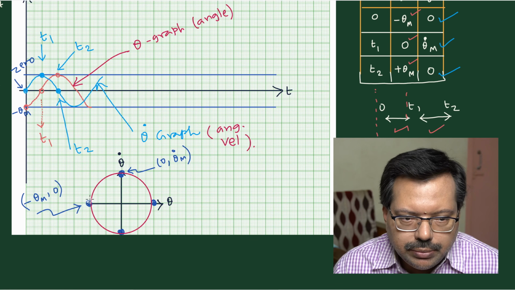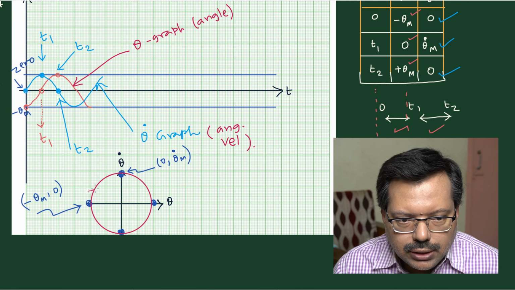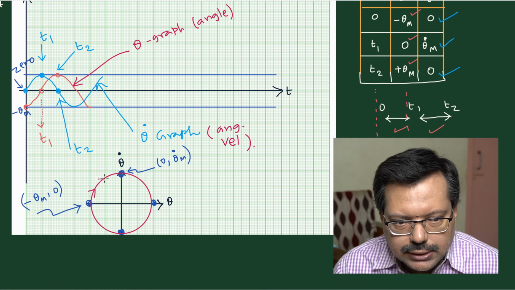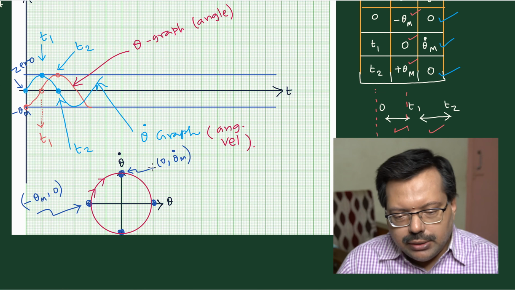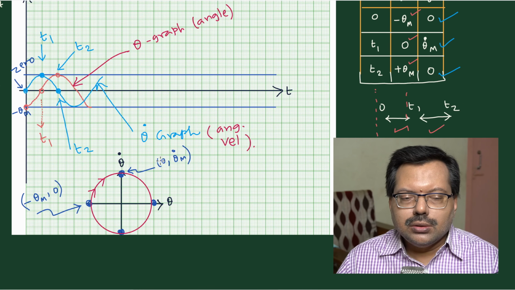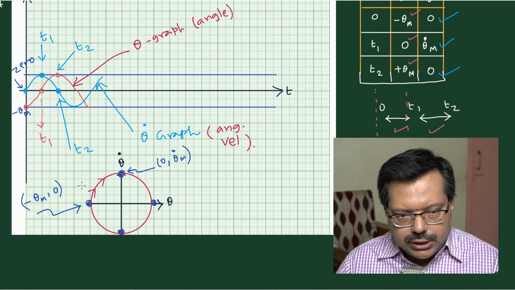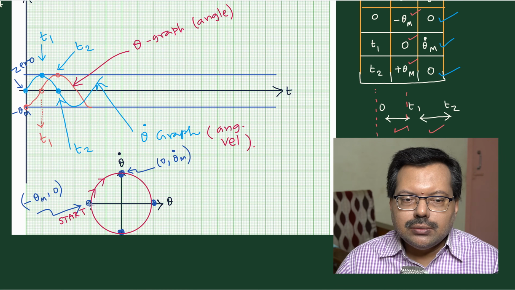The starting point will be here, and then I'll have to put an arrow, as I explained in the last class. Why do you want to put an arrow, and what is your starting point? That should be clear to you. The starting point is this. Once again, I'll explain that this is the starting point. The starting point is this one.